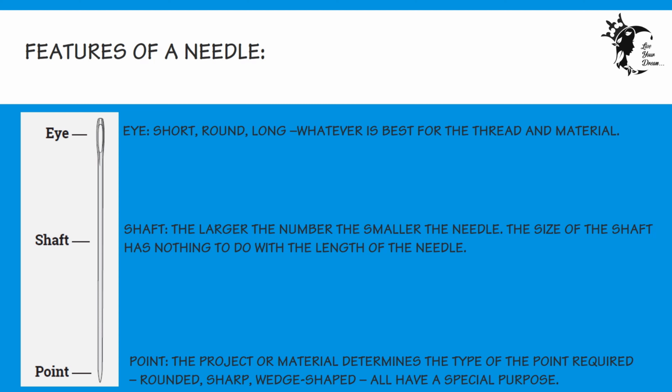The point of the needle varies depending upon the end use. Most needles have a sharp point, while others have points with shapes designed for specific fabrics or techniques. For example, a rounded tip works best for tapestry and knits, so that it can slip through the thread fibers. A wedge-shaped point pierces leather and vinyl without distortion.